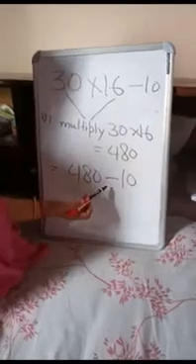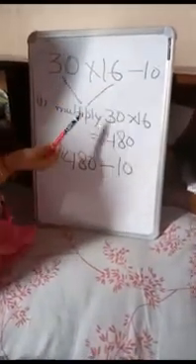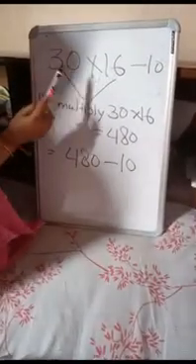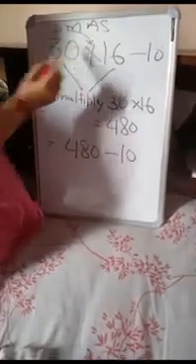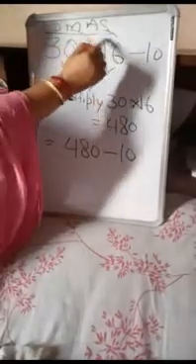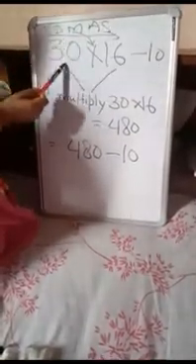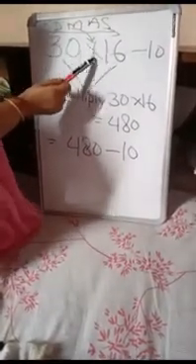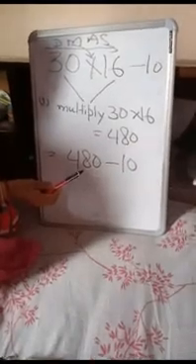Now a single operation is left. The first operation, multiplication, is solved. Out of multiplication and subtraction, we do multiplication first according to the rule of DMAS. We have to follow the order from left to right: first, second, third, fourth. Here the division sign is not there, the multiplication sign is there. So we will firstly solve multiplication. 30 into 16 is 480. So we write 480 after solving this operation.